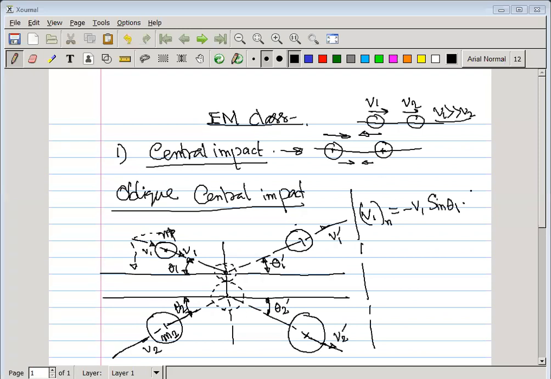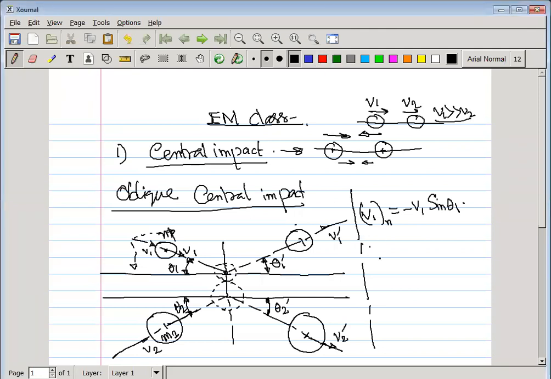So what we will now write is v1 equals minus v1 sine theta1. I think they have some problem at the end, so take a screenshot and keep it with you. After completion of this class, you just send that to me. Maybe due to the internet connection, it will be disconnected two times. Clear?